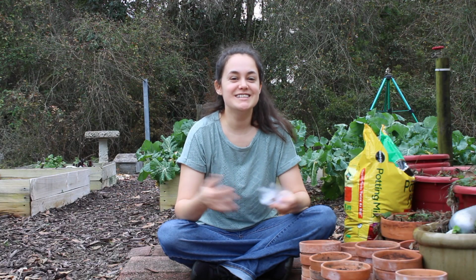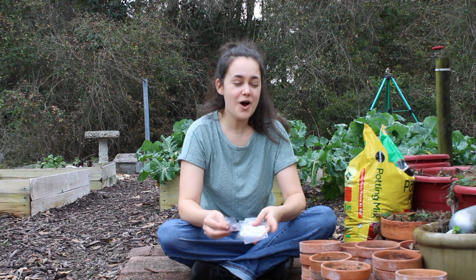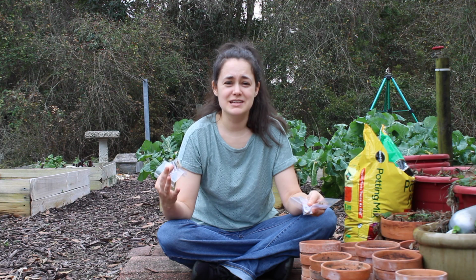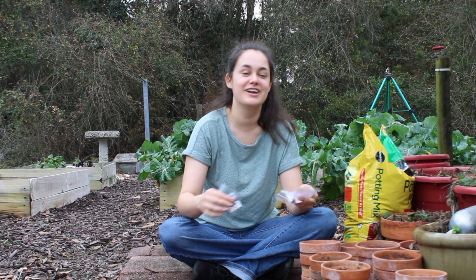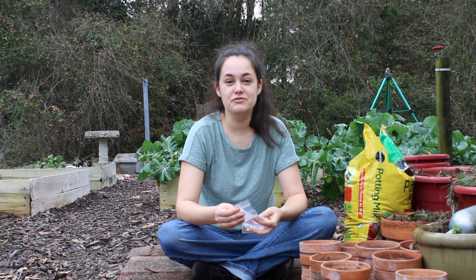Welcome to my backyard. Today we are starting tomatoes. I start them at the end of January because I don't give them any heat. What I do is I keep them outside because our temperatures right now are 80 something, like 82. It's crazy in January. But I keep them outside of the greenhouse on nights that are above 50, and then